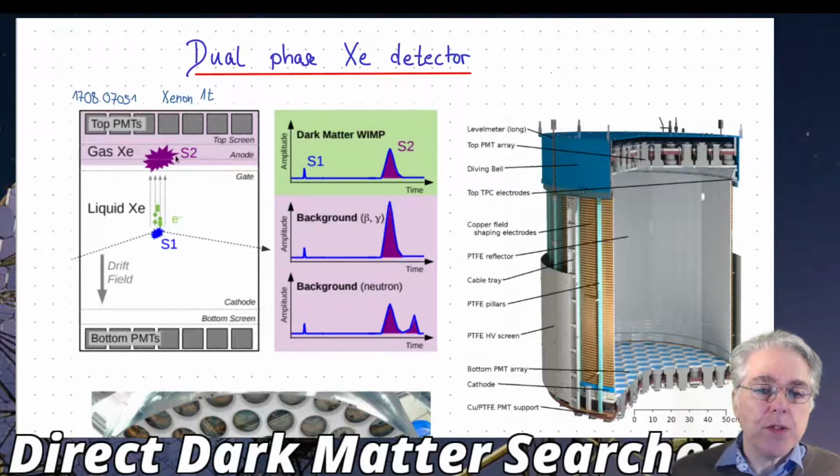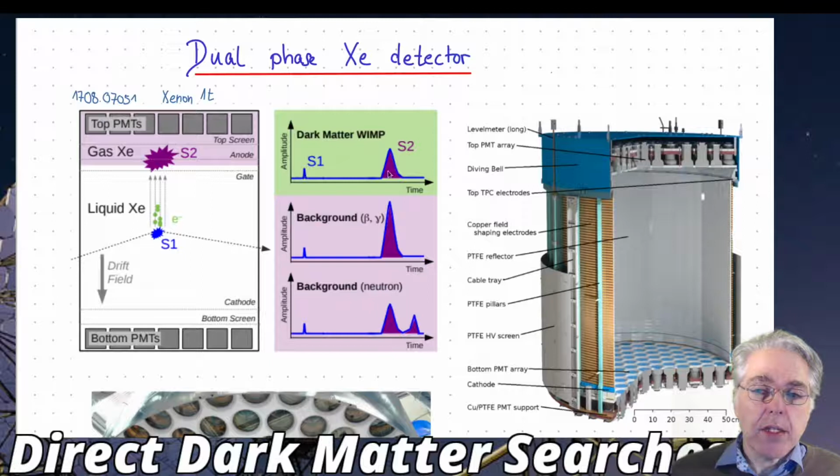Through the time of the drift of the electrons in the constant electric field, it's then possible to determine the depth where this scattering took place. So this acts like a three-dimensional reconstruction. This is often called the time projection chamber. And the characteristic signal strength of the S1 and the S2 can be used to distinguish between nuclear recoil and electron recoil. In the nuclear recoil,